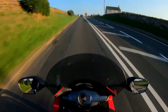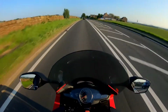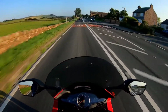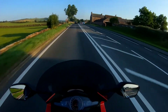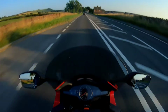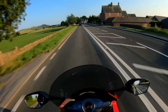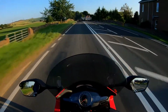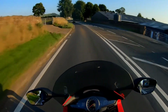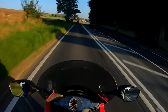Which kind of does the same thing in that it takes a bit of the wind off your body, but it doesn't put it right in your face. I suppose this is a problem with faired bikes, they get all the wind. The only one that I really think didn't do that was the Katana, with that tiny little fairing that it's got. But then again, naked bikes,